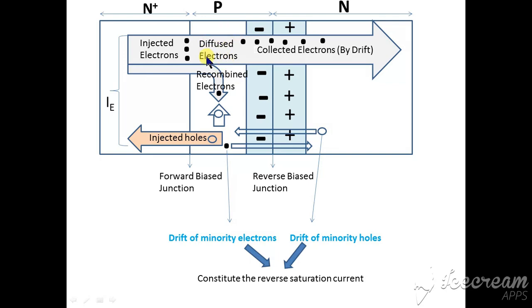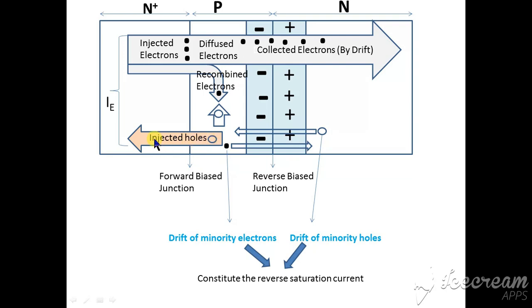In the base region, the high accumulation of electrons easily diffuses into the collector base reverse bias junction, where these electrons easily drift by the existing electric field of this depletion zone, and they are collected by the collector terminal, creating the collector current. And very few of the injected electrons recombine with the lightly doped p-region holes, and this recombination constitutes the base current. And few holes of the p-region